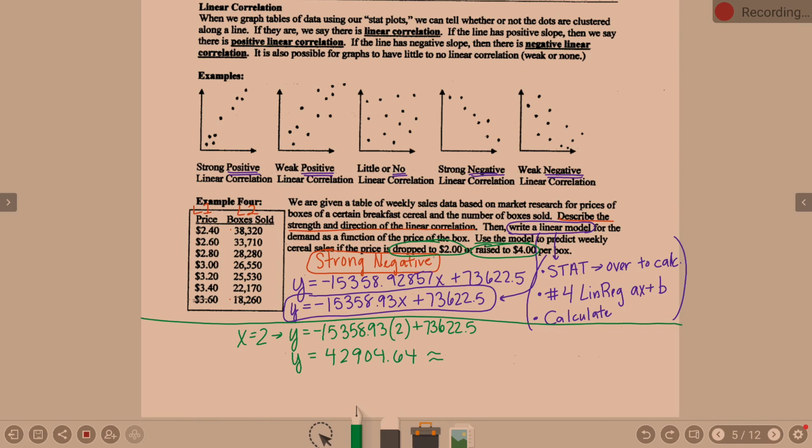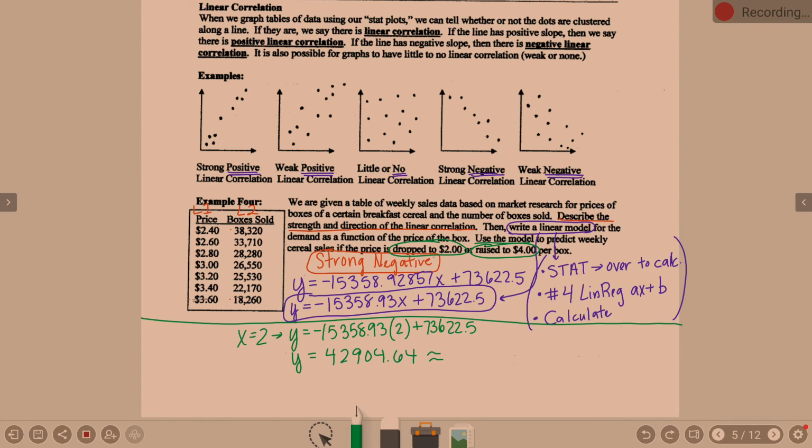Left and right takes me to other points. If I arrow up or down, now it shows that I'm on Y1, I'm on the line. If I type in a value, what was our first value, 2? If I type in 2, it says x equals 2, and I hit enter,